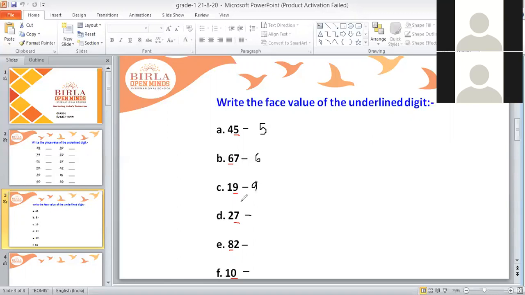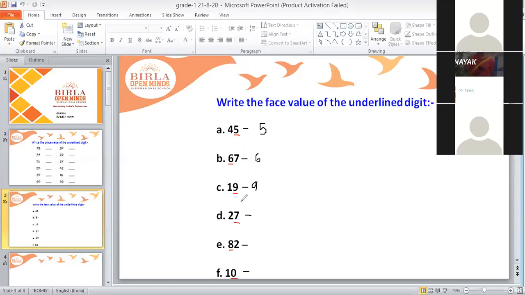Ayansh, you unmute yourself, Ayansh Gupta, and tell me face value of number 7. Ma'am, number 7 face value is 7. Very good. Face value of 7 will be 7. Sudhansh, you tell me face